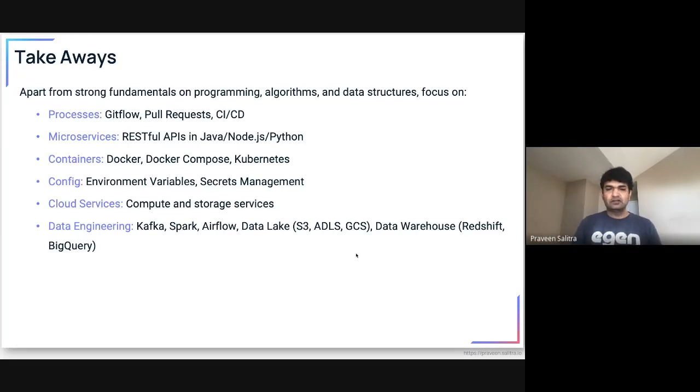Data lakes. The concepts of databases have been evolving, right? Databases, RDBMS, NoSQL databases, data lakes, whether it's AWS S3 or Azure Data Lake Service or Google Cloud Storage, or data warehouses, Redshift, BigQuery, or even as popular as Snowflake, right? So those are the things. I would say start somewhere in the middle. Get yourself prepared with the industry readiness, as we call it.